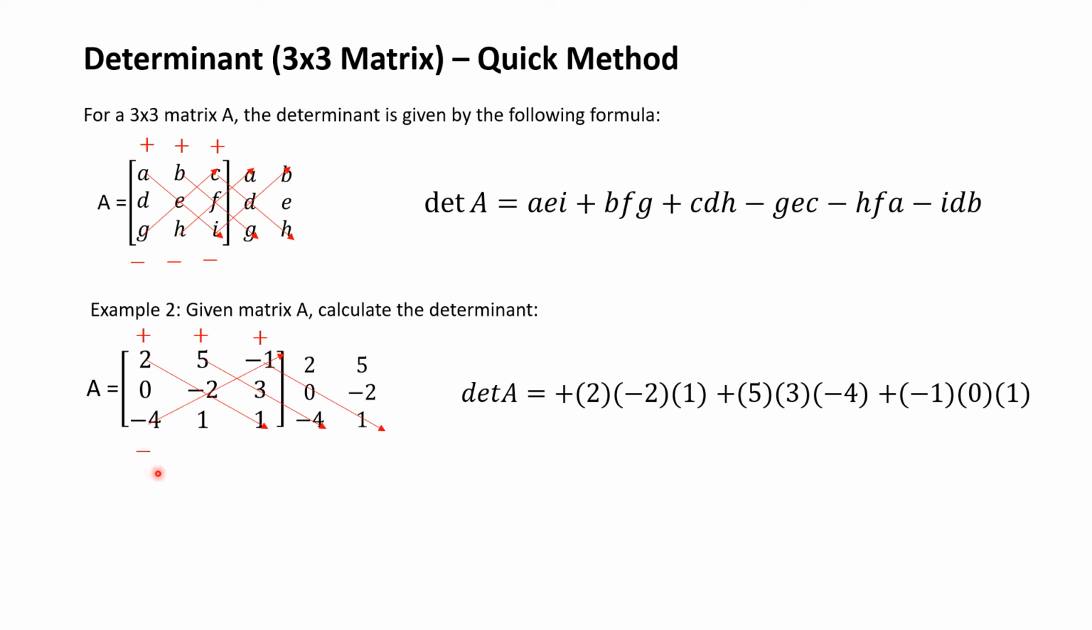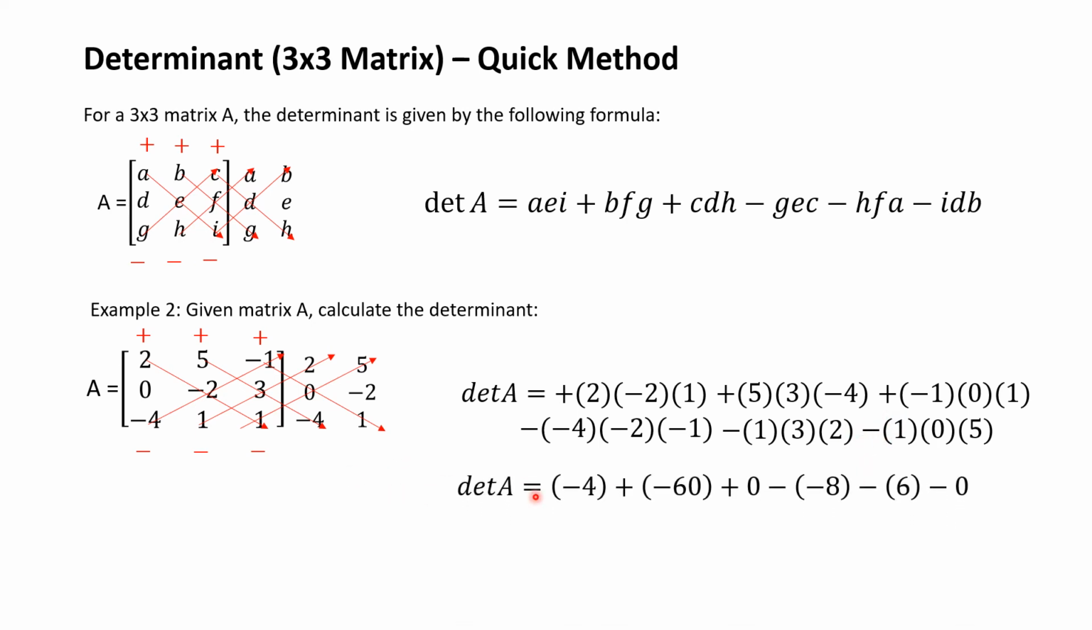Now we're going to determine the products of the upward sloping diagonals. So the next term is negative 4 times negative 2 times negative 1, and we assign a negative sign because it's an upward sloping diagonal. And the second last term is 1 times 3 times 2, and again a negative value. And the last term is 1 times 0 times 5, and again we assign a negative sign here because it's an upward sloping diagonal. And this gives us determinant A is equal to